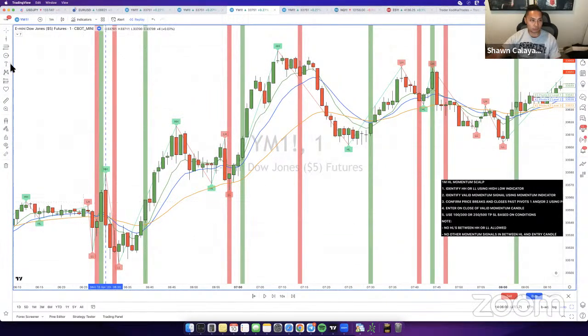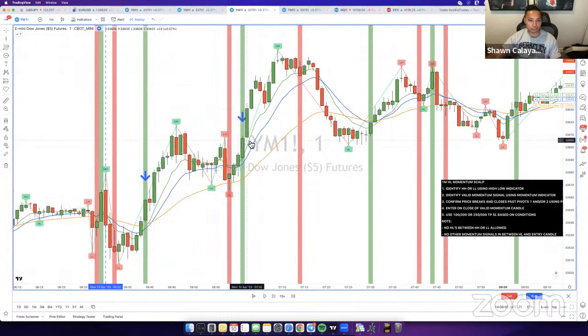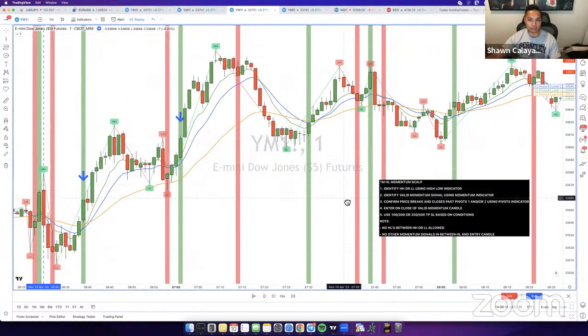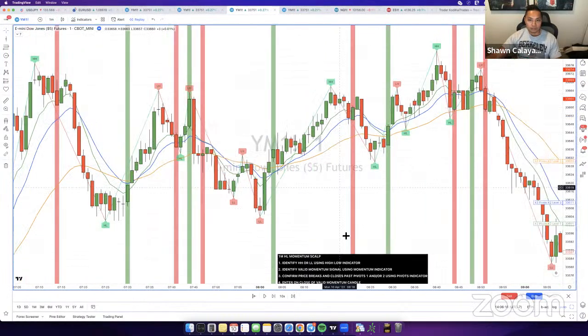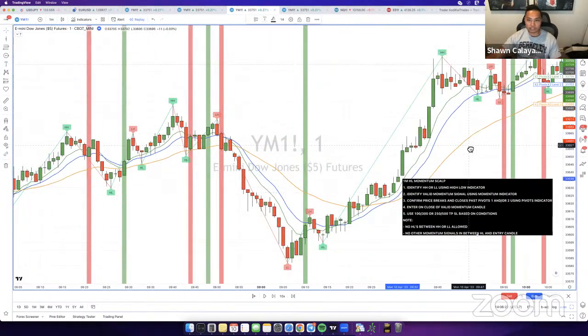So there's two possible entries here that we were looking for during the live session. There was one right here, and there was one right here. But unfortunately, these didn't fit criteria, so we could not take these trades. Looking a little further over here to see if there's anything else that we would have taken. I don't think there was anything else over here either. So pretty much no entries from 6:30 to 9. A lot of the entries came after.